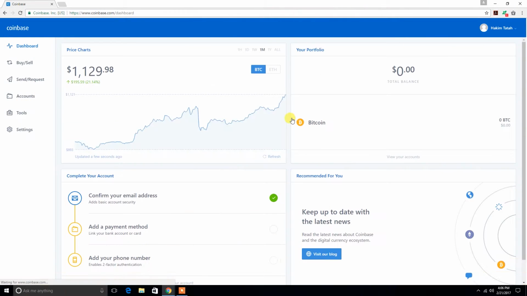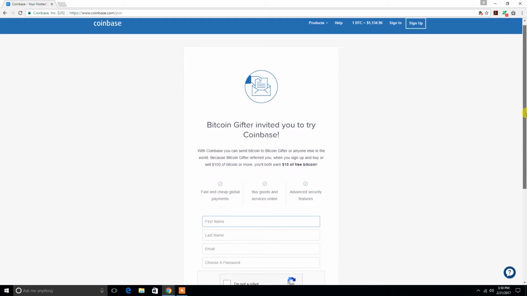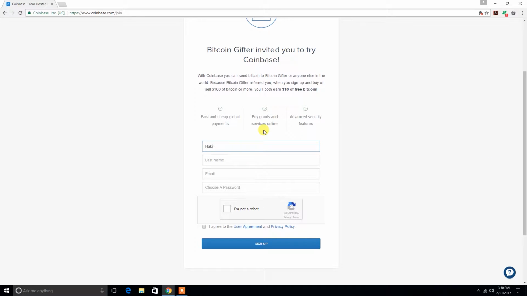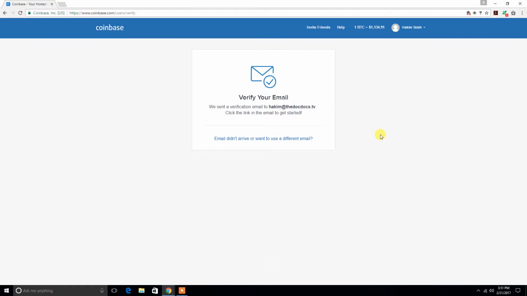So first, you need to create a Bitcoin wallet. There are many applications you can use. For this one, I used Coinbase. It's a simple internet-based application that you don't need to download anything in order to use. All you need to do is create a username and password, verify your email, and now you'll want to download